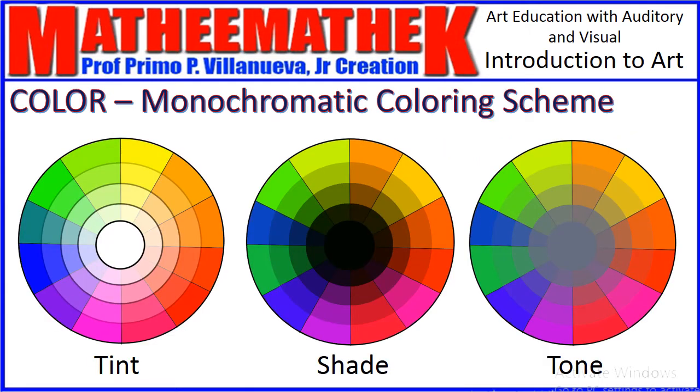The monochromatic coloring scheme gives you a family of colors that is based on tint, shade, and tone. What will you have if you mix white to red from little amount to a bigger amount? You will notice that there will be a sequence of colors that becomes lighter and lighter. What will happen if black is used? How about gray?